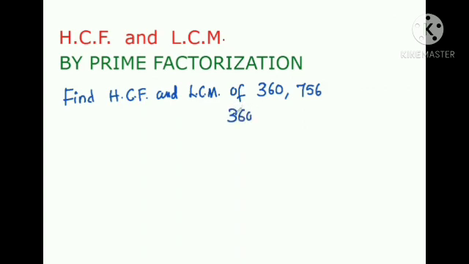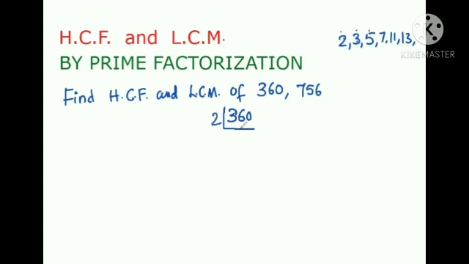How to prime factorize? We have to divide the given number by prime numbers. We should know the prime numbers: 2, 3, 5, 7, 11, 13, and so on. Which prime number divides this number? We should have the idea. Here 0 is here, so it is divisible by 2 and also divisible by 5. And the sum of the digits is 6 plus 3, 9, plus 0, 9, divisible by 3. So it is also divisible by 3. So we can select 2 or 3 or 5.